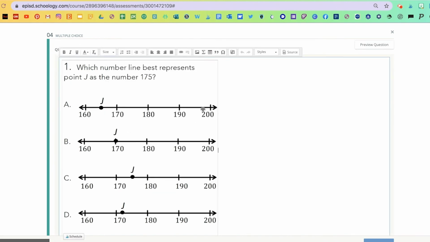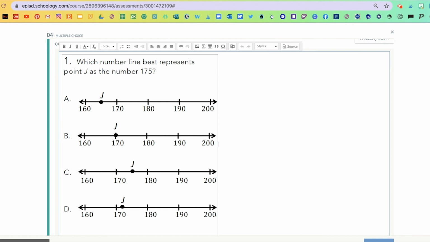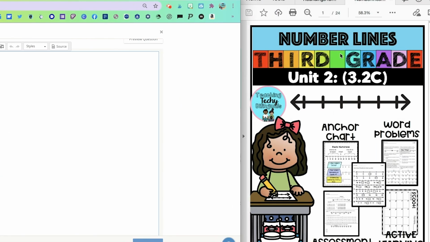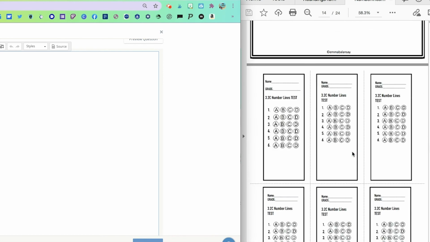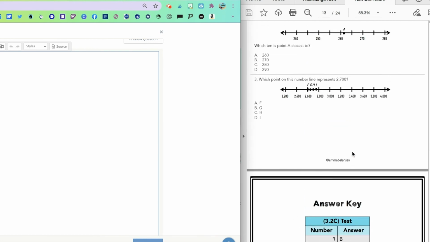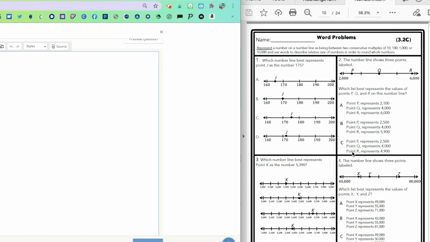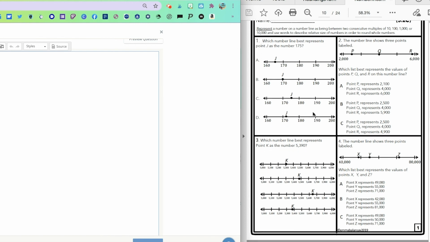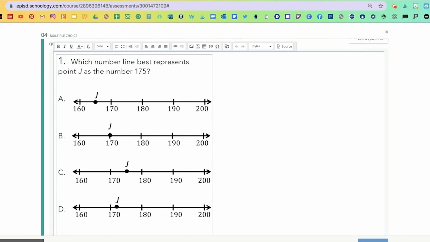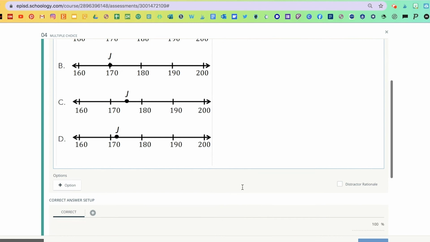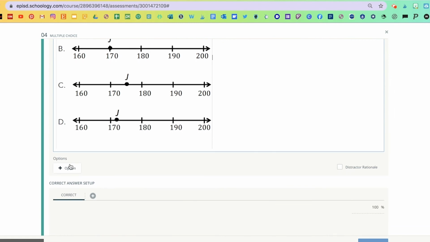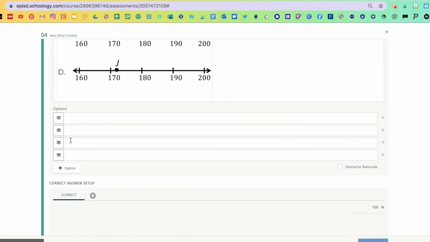And here I took this screenshot from a different handout that I had, which is called number lines. And usually in my handouts, I always like to have word problem practice for them to test prep, or just to be able to analyze things a little better. And here I had this one, number 1, that I took a screenshot of, and then I uploaded it. And I took the screenshot of the whole thing, including the responses, just to make it a little faster and easier. And for options, I just added 4 options, and I just wrote A,